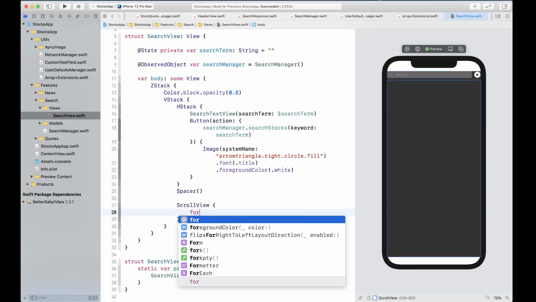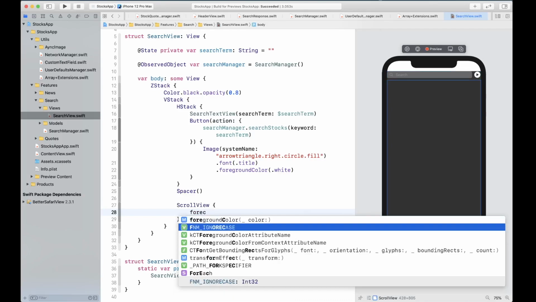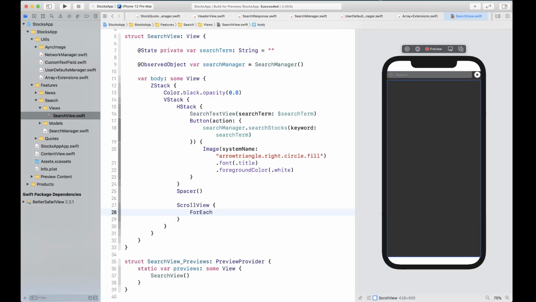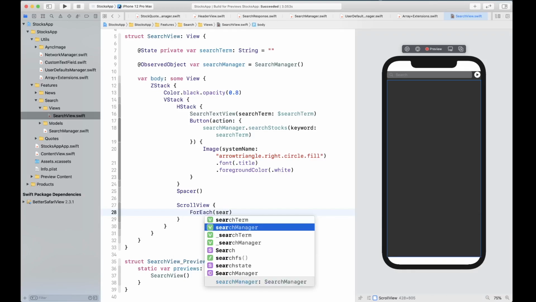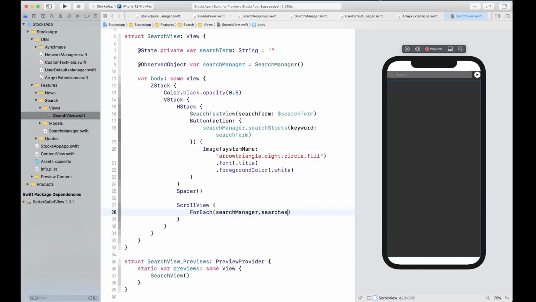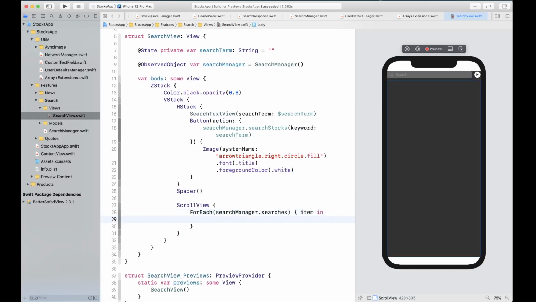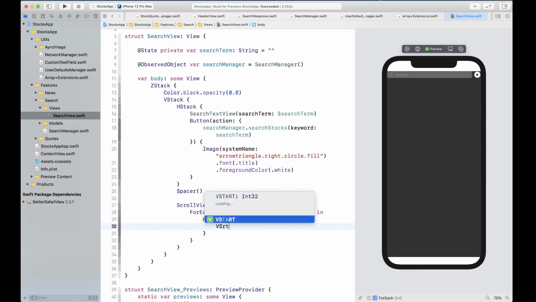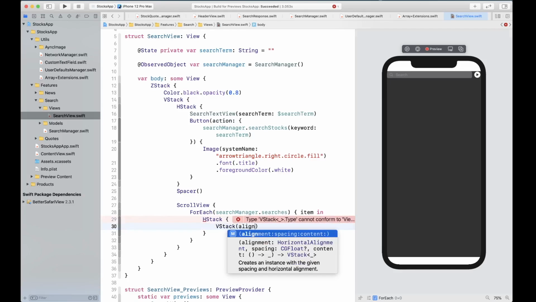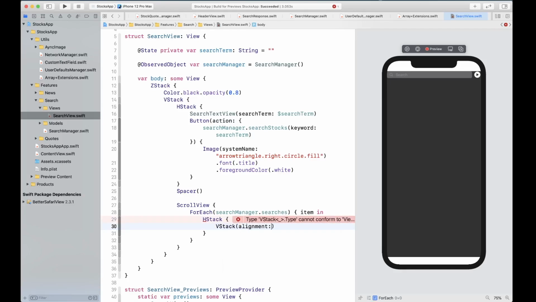Inside this ScrollView, we're going to have a ForEach on searchManager.searches, item in, and then there's going to be an HStack with VStack. So this is our actual cell for the search results. And this VStack is going to have alignment of leading.